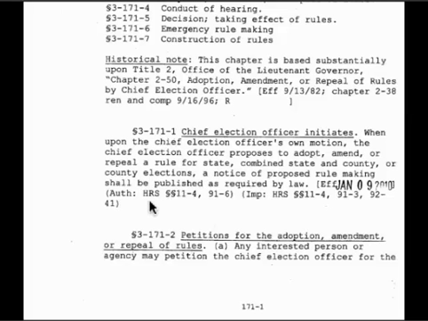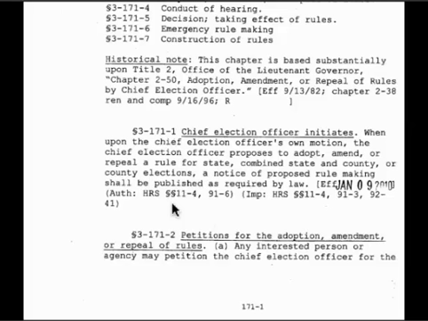Auth means the section of HRS that authorizes the department to adopt rules. Departments can't just adopt rules. They have to be given permission by the statutes, because each administrative rule depends on the existence of a statute over it.